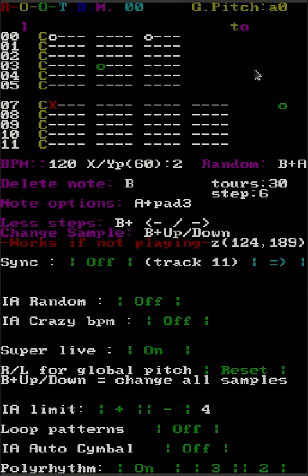For example, if I do that, at a certain time they start at the same time. I don't know how to explain it in English. So you can also make stranger things like that, but